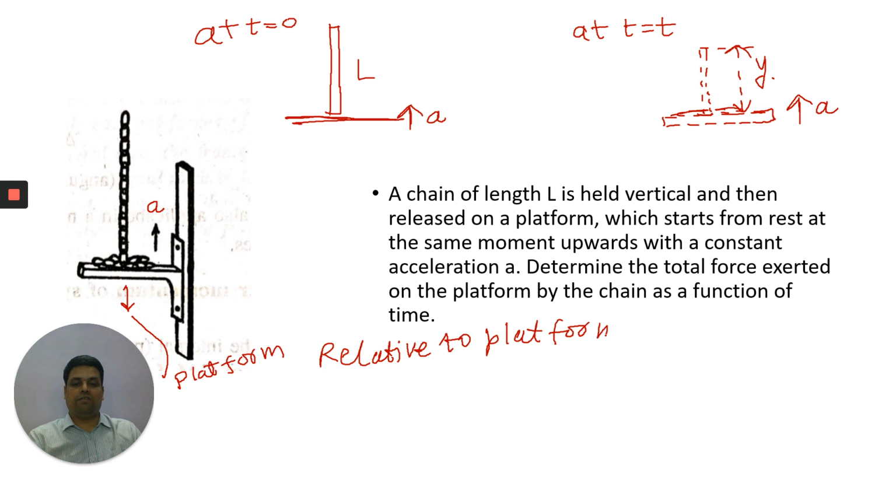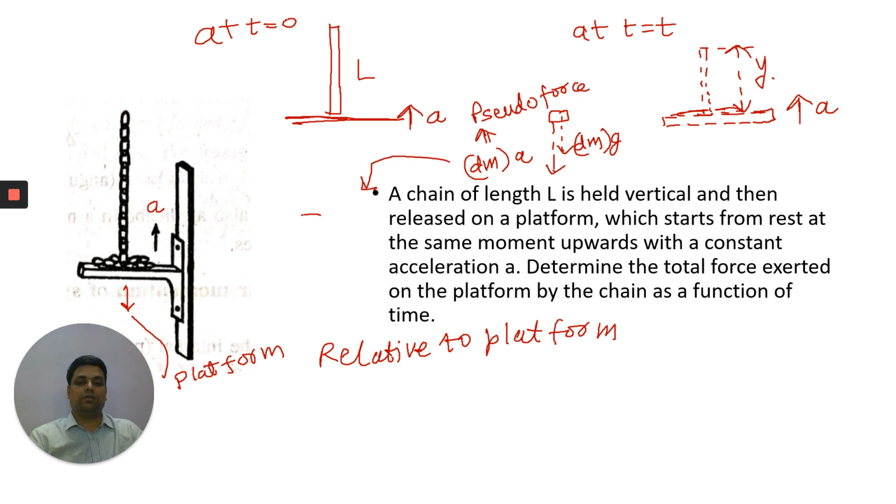We can say that the effective g is g plus A in this example, because as the platform is going up, with respect to the platform every element will be experiencing a pseudo force vertically downward along with mg. So for any element dm you take, it will have dm g as well as a pseudo force dm into A. So this is the pseudo force. Now we can instead represent that as dm into (g plus A), where g plus A we can call g effective. So with respect to the platform, when I'm working,